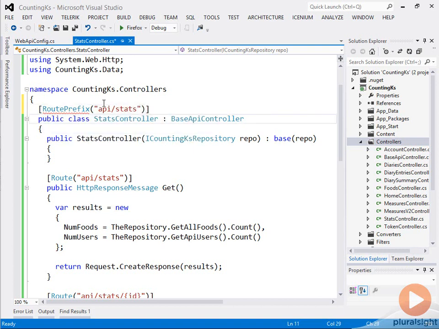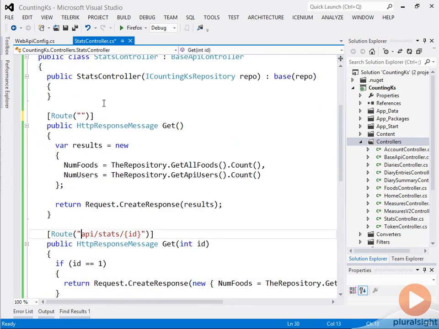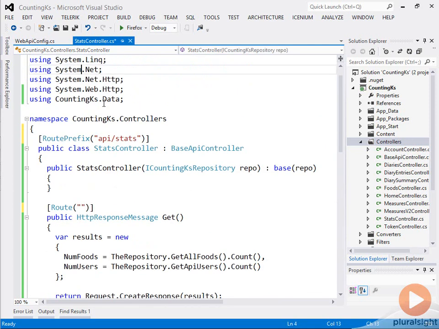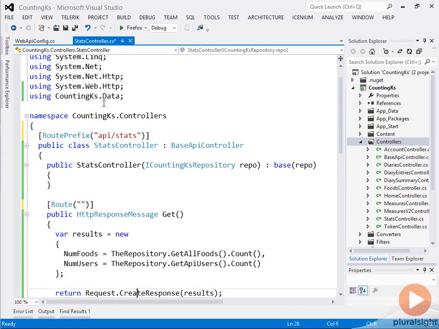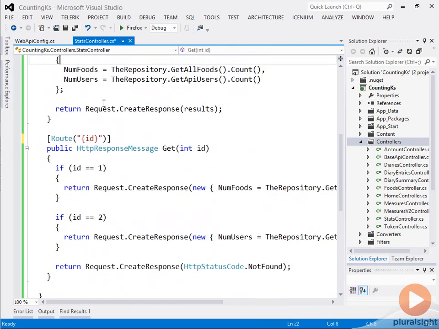the beginning part of all the routes for stats is here at the controller level, and then the route for get has no other parameters. And the route for this get is just the ID. And so in this way, you're not repeating any of that information, and later on, you could see changing this to a new API and having it cascade to the rest of the routes very naturally. And so this feels a lot better.